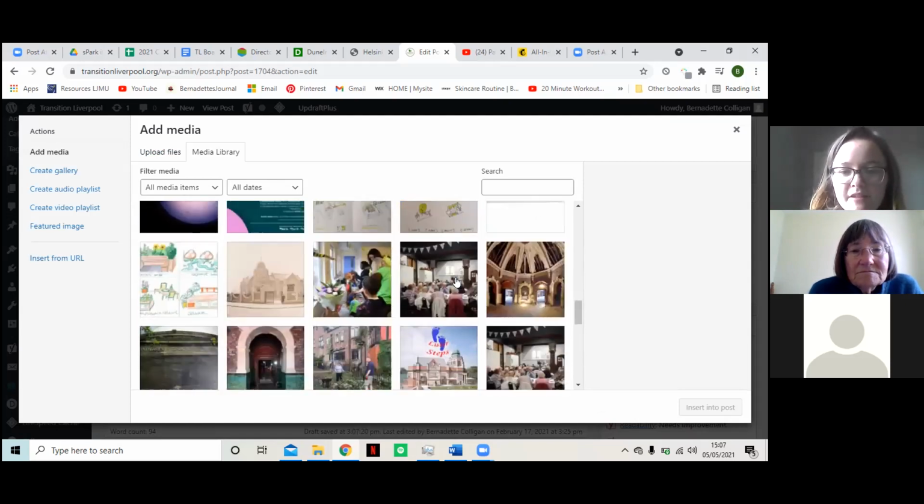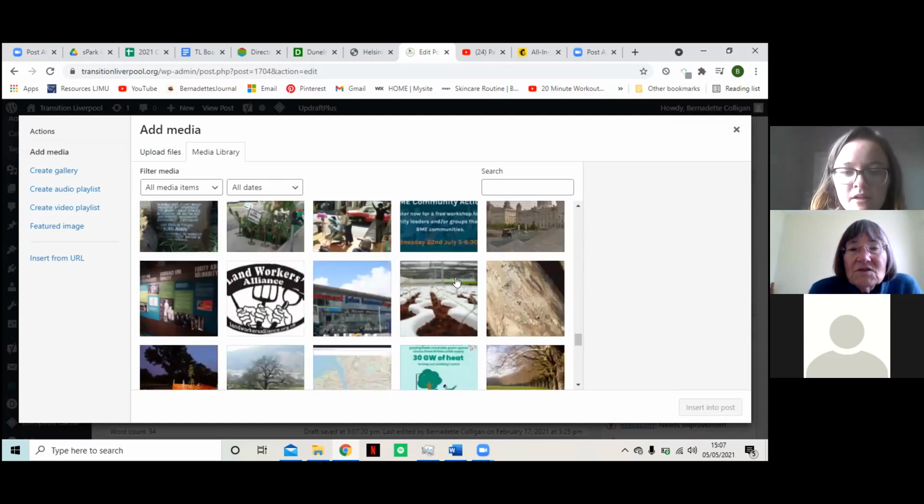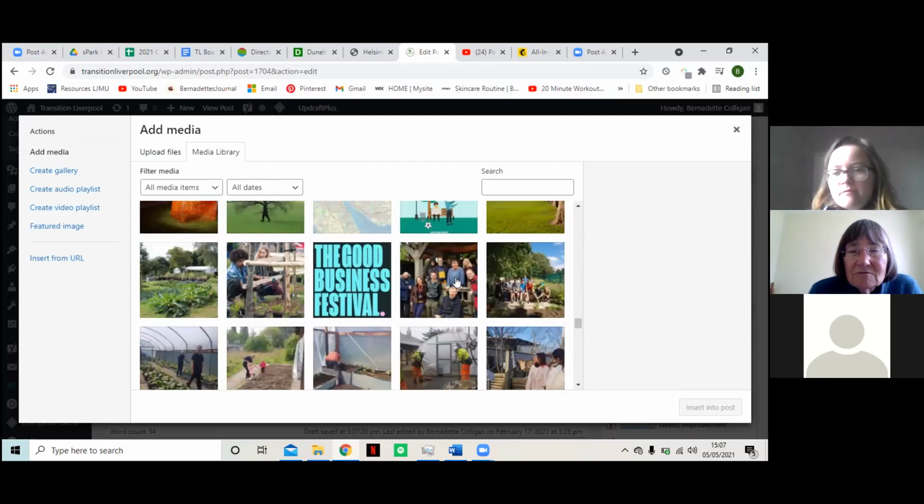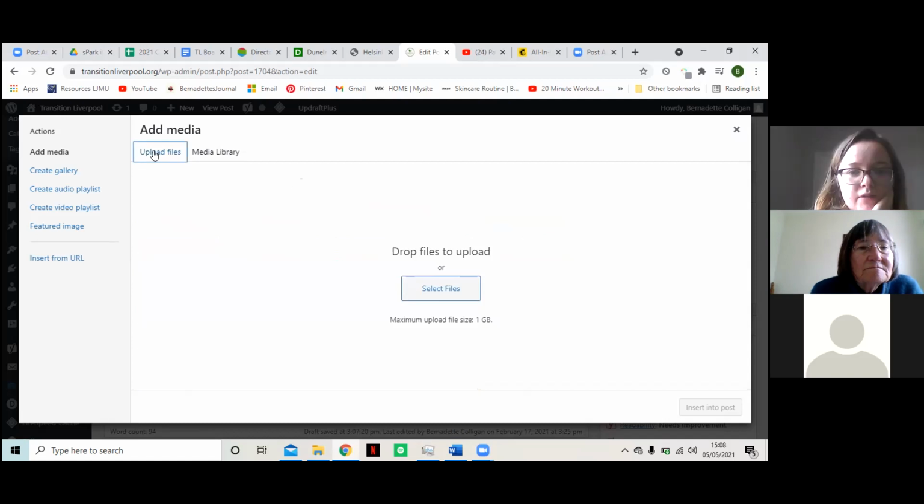So you've got loads of different images on here of different things. Can you search for cycle? Well, this is all the things that you've uploaded personally. So I could go onto Google and search for one and then upload it. Right. If you did that, this is your media library here, that's the tab that it's on at the moment. If you go to upload files and then select files,